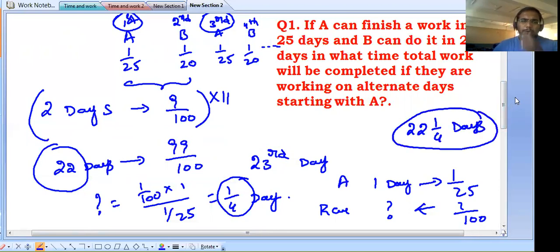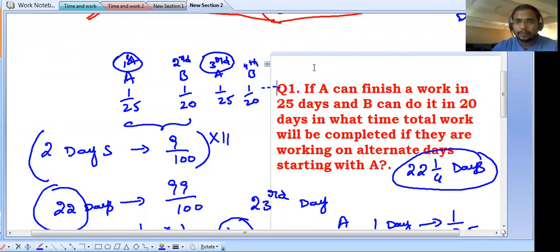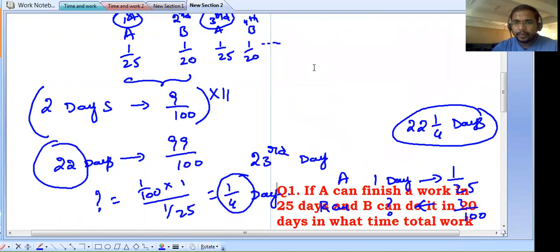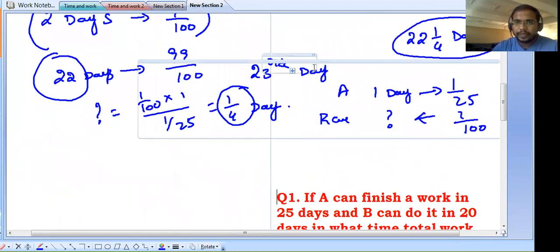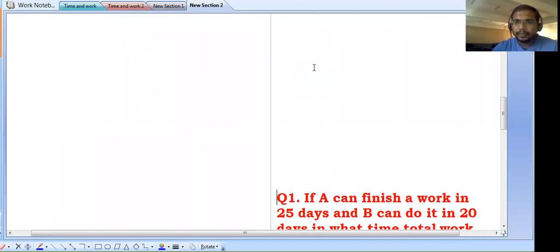So some of you will feel, sir, this much time we won't have while attempting the questions in the examination. I know that. That's why I'll give you another method. With that method, you can solve this question. After a little bit of practice, I can't say you can solve the questions directly without practice, but with a little bit of practice, you can solve these questions very easily by using that efficiency method.